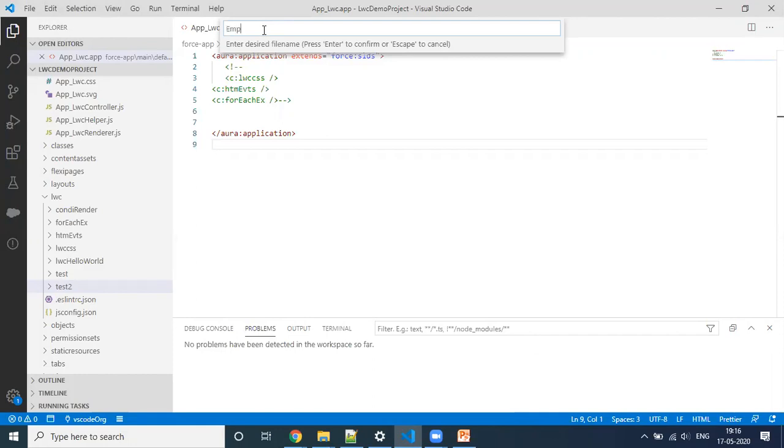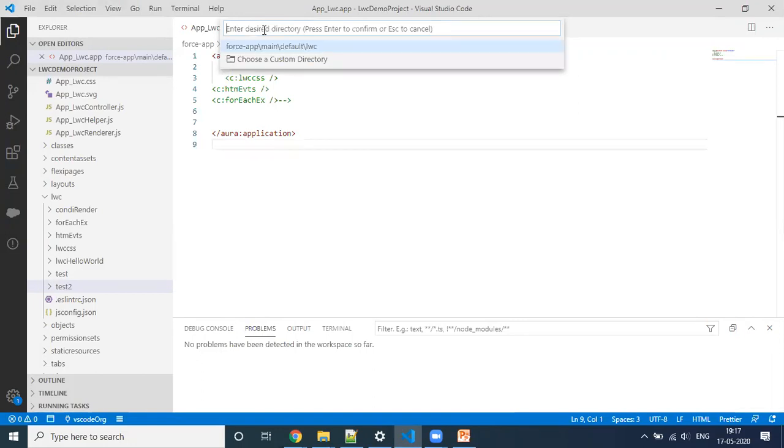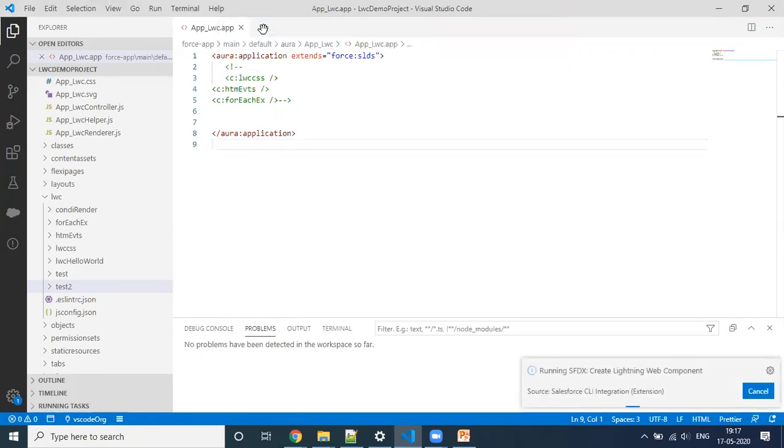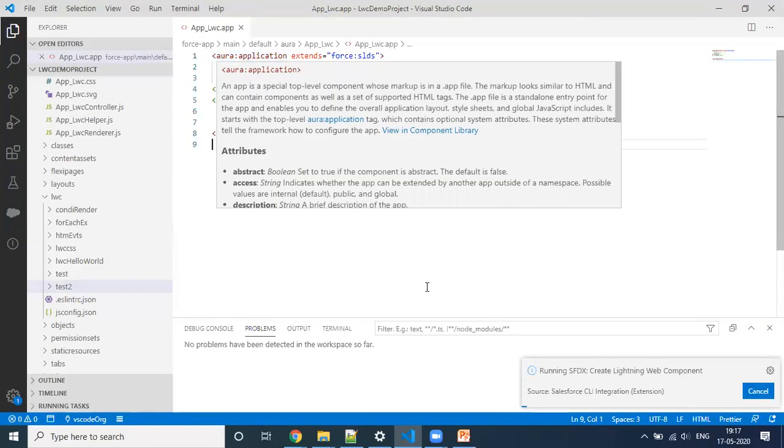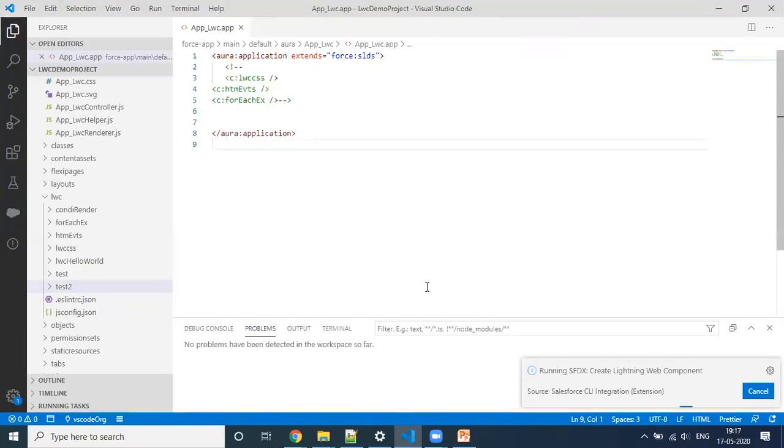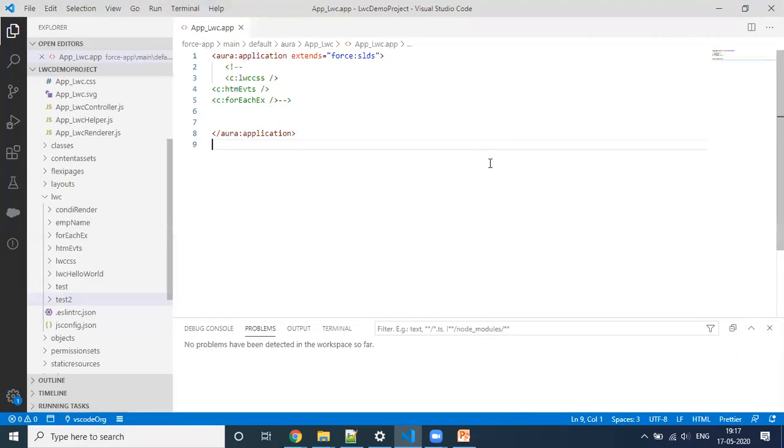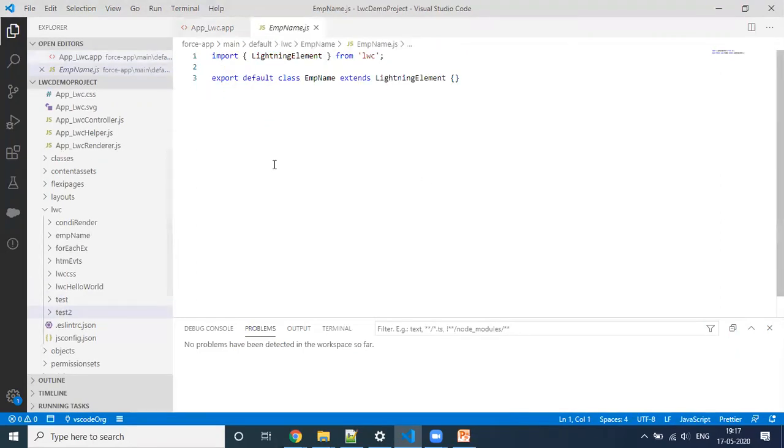Let's take one example, employee name. Right now we are going to discuss this getter property. What is a getter property? And after the getter property, we can understand the track property as well. Okay, so let me refresh this.